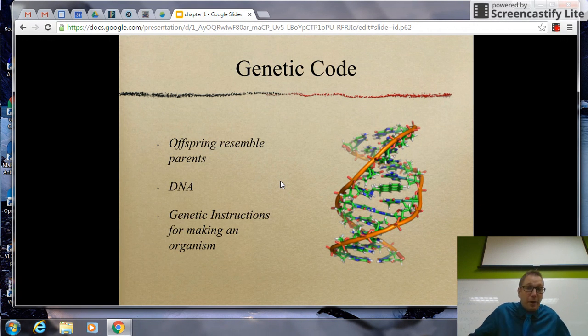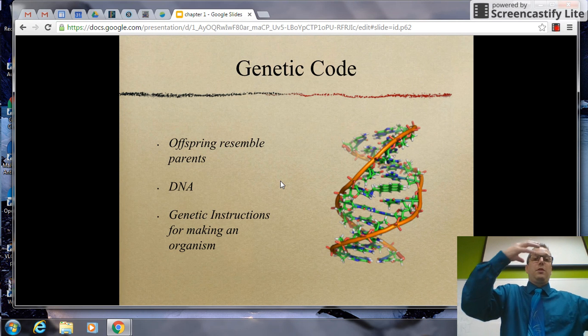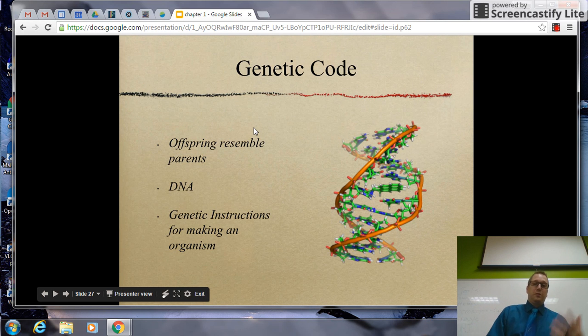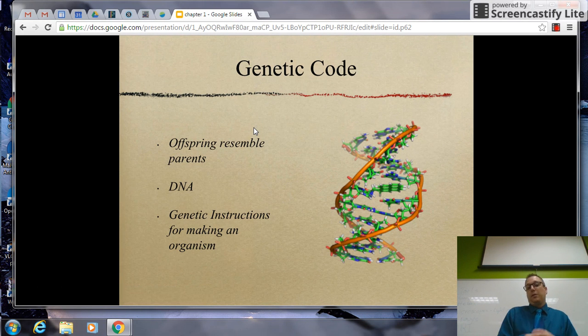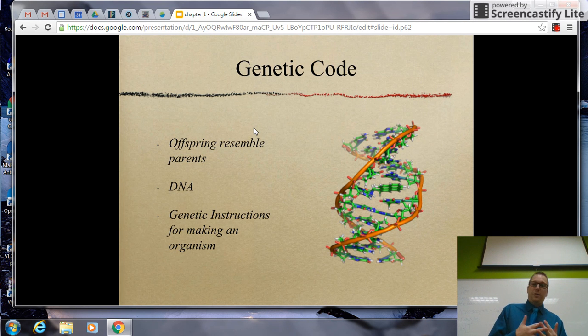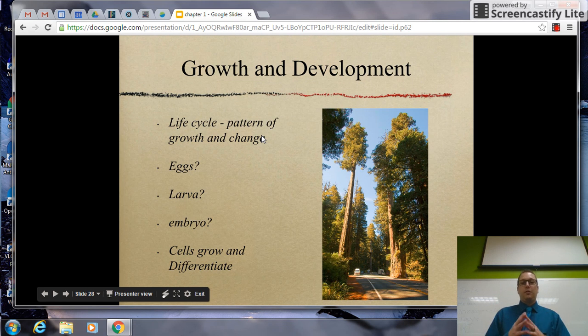Everything we know about also has a genetic code. Every living thing we found has DNA, and that DNA carries the code for them to live, and therefore the offspring of that individual will resemble the parents because they get their DNA from the parents. Without the genetic code, your cells would have no idea what to make, and therefore they would not know how to make you. So every living thing we found has DNA. It's amazing that every living thing is based on the same exact molecule. Kind of cool.